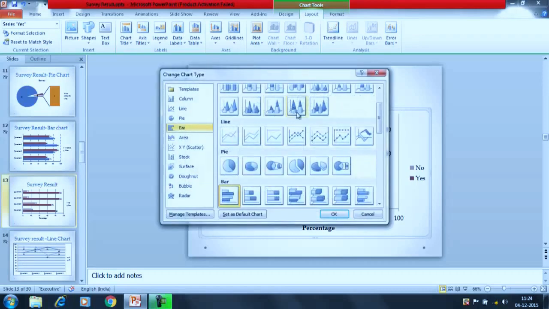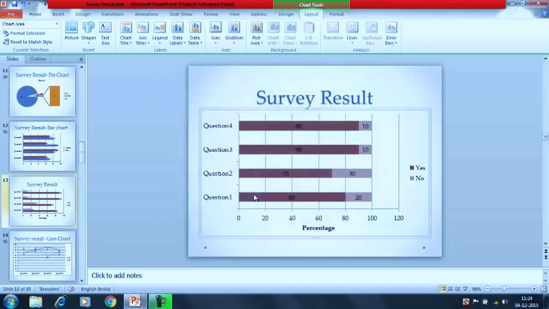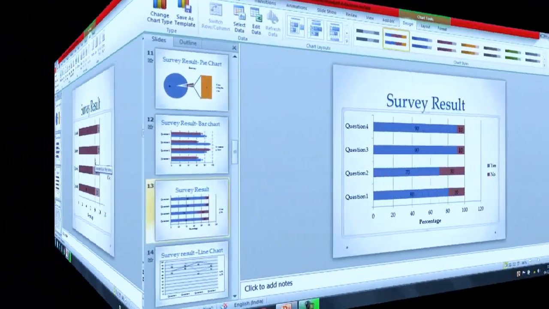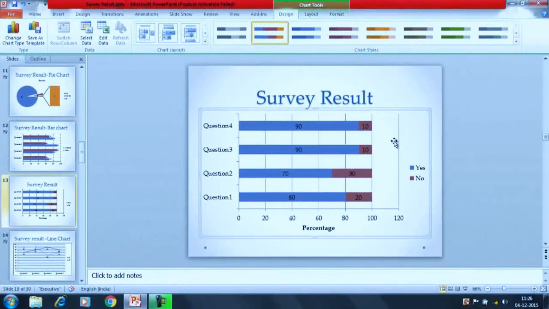Change the series. Let's say if we select this option, it's showing you a single bar only now. We were having two bars initially, that 90, 10, 90, 10. These were the survey results, yes and no. Now it's showing you with the single bar only. Alright, so this is one of the ways by which you can represent the data.